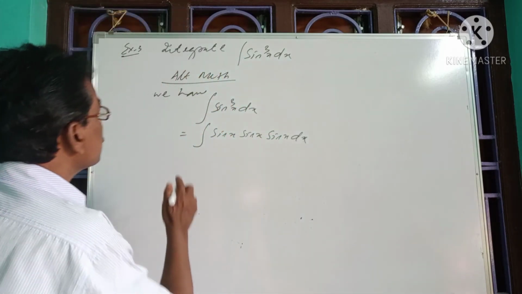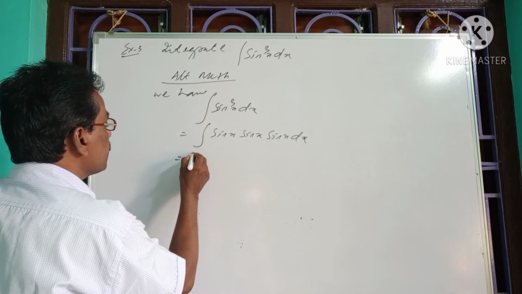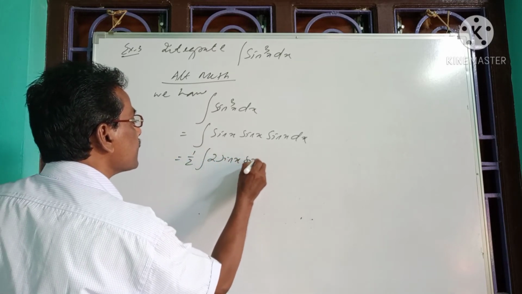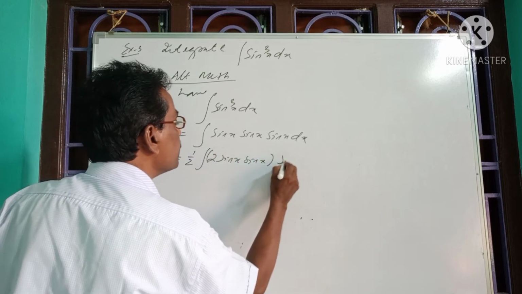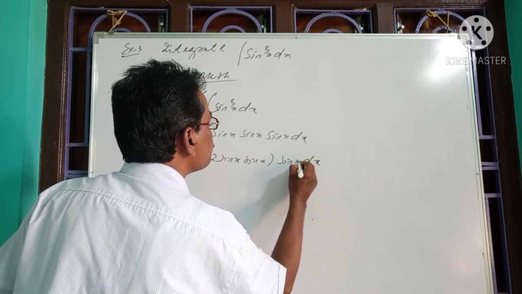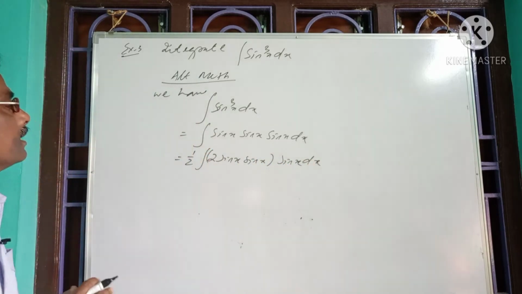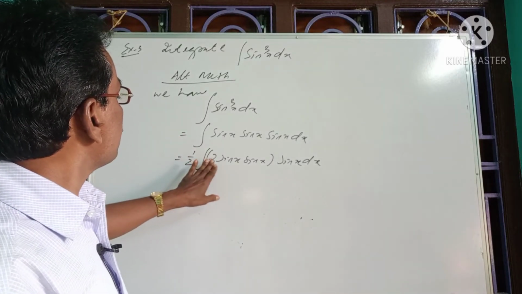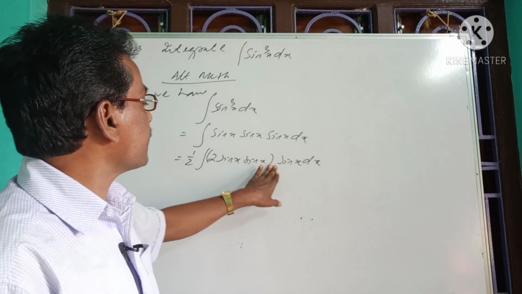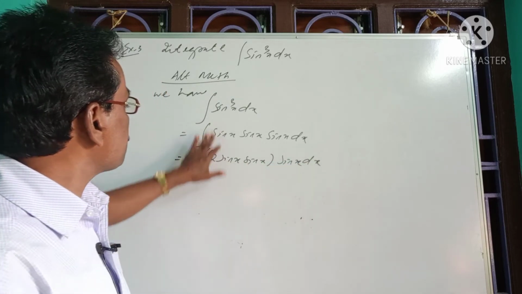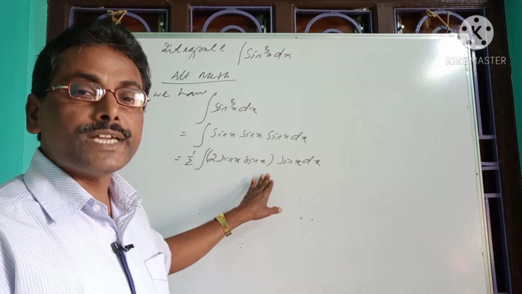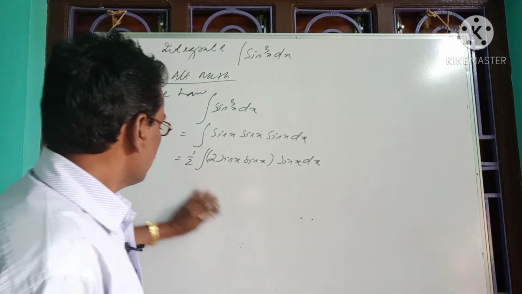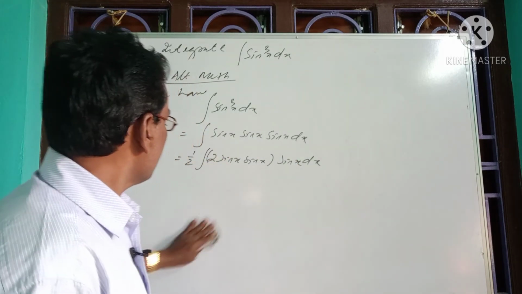So collecting two functions, that is multiplying half into 2 sin x into sin x into sin x with respect to x, we can integrate. Now we have multiplied 2, then we got 2 sin x into sin x into sin x with respect to x. Now it is transferred into 2 sin a into sin b, which can be integrated by using the process of type 2, which we have already completed.